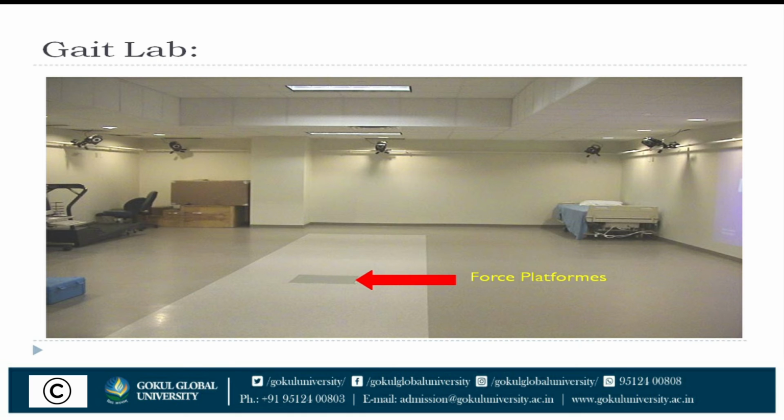Now this is the gait lab picture. In that lab, highly specialized gait analysis is performed. With the red arrow, we can see the force plate. The person stands on it and is analyzed by the cameras we can see in the picture. We ask the patient to walk on that path and record the video. After that, the video is analyzed by an expert on a computer. By that we can clearly observe the gait and identify the gait abnormalities.